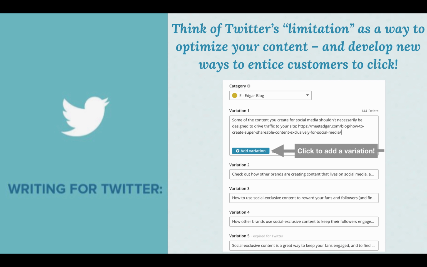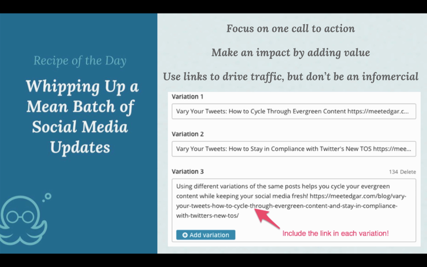And writing unique tweets doesn't mean that you have to reinvent the wheel every time. You probably do a lot of rephrasing in your daily life when you're telling a story to a group of friends or family. You may say it differently depending upon your audience. So think of how you can rephrase this to connect with different segments of your community. From here, you want to make sure that you're going to be able to spark some creativity in the updates you're adding to these variations.